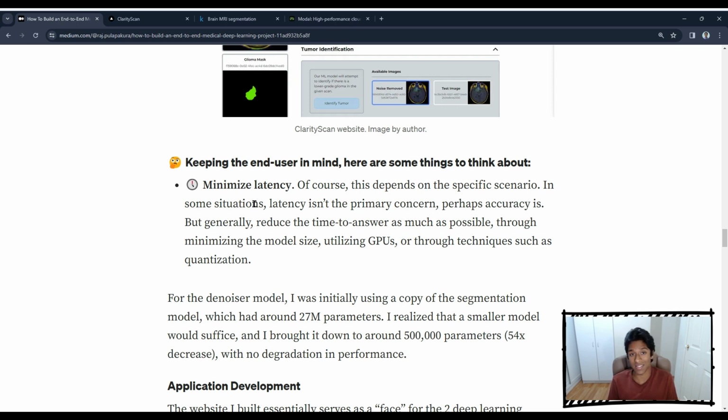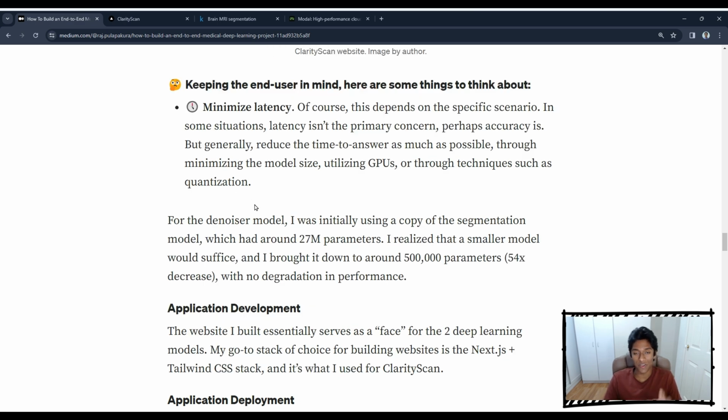This could be through minimizing the model size, to utilizing GPUs, and through techniques such as quantization. An example of how I used this technique in my project was for the denoiser model. I was initially using a copy of the segmentation model, and that had around 27 million parameters. And I realized that denoising wouldn't require as in-depth features and as much compute as a segmentation model. So in light of that, I scaled down the denoising model to around 500,000 parameters, and the model actually didn't suffer any performance losses. You should always try to use the smallest model possible, and then scale up from there